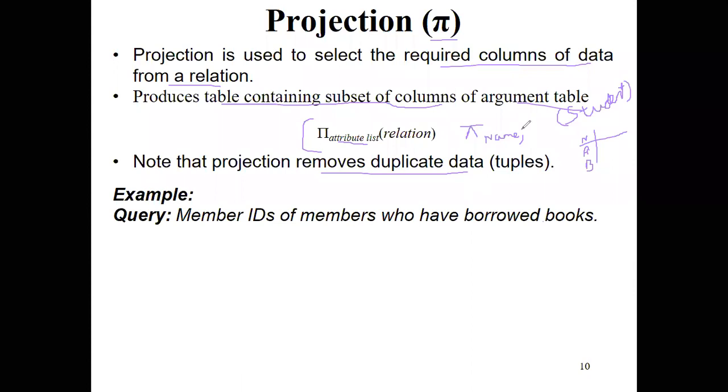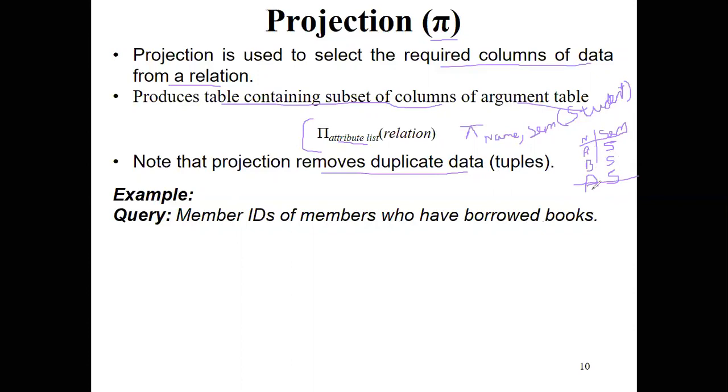So here, if I take semester, suppose in the student relation, I have columns like name, USN, semester, phone number, address. In that, I want to fetch only the name and semester. So here I have a name and a semester. Suppose I have 5, here also 5, and there is one more student called A with the same semester 5. So whenever I use the project operator, it will remove the duplicate data.